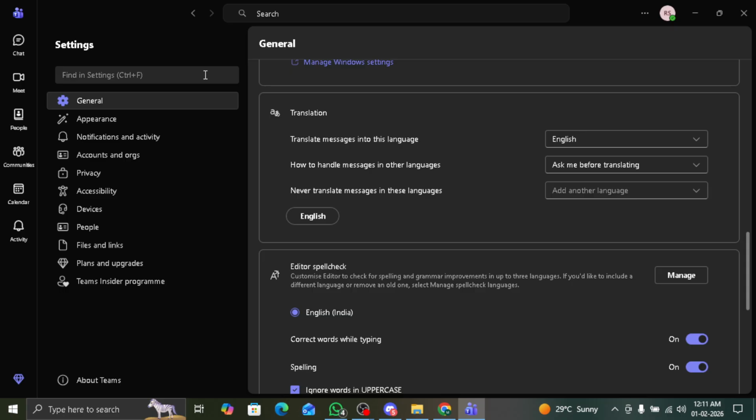If the red underline does not appear immediately, double-check that the editor or spell check switch is on and that the app language is correctly selected. Small mismatches between your typing language and the app language are the most common causes of missing suggestions. With these steps followed in order, you'll restore the built-in spell check in Microsoft Teams and be